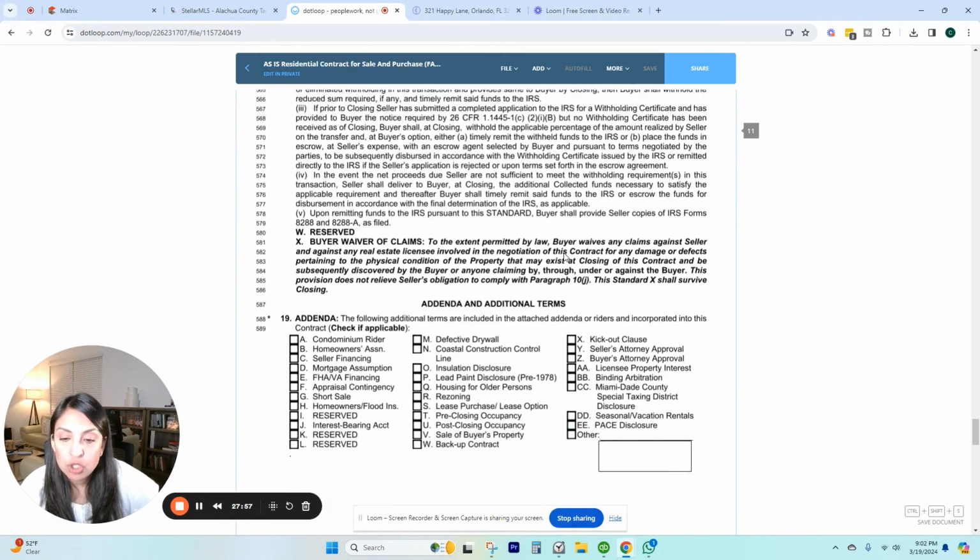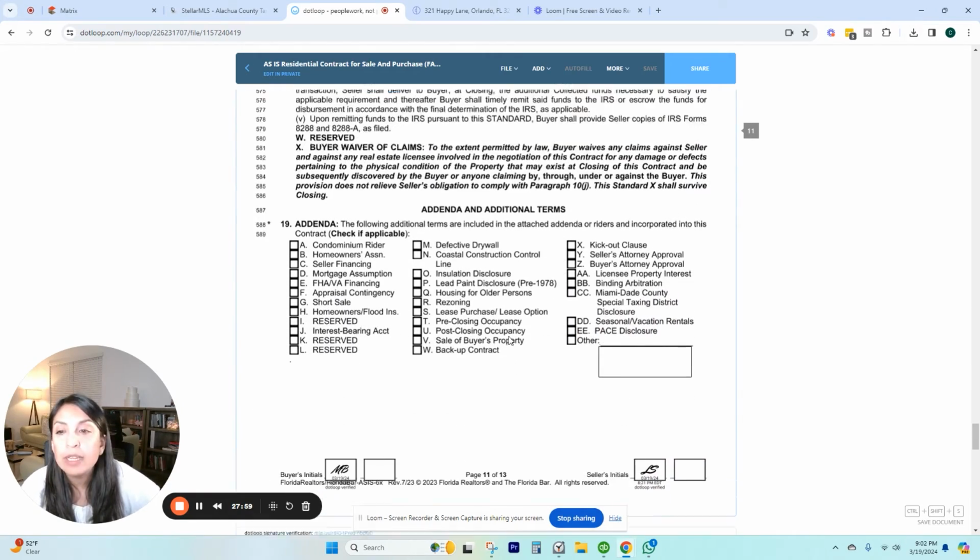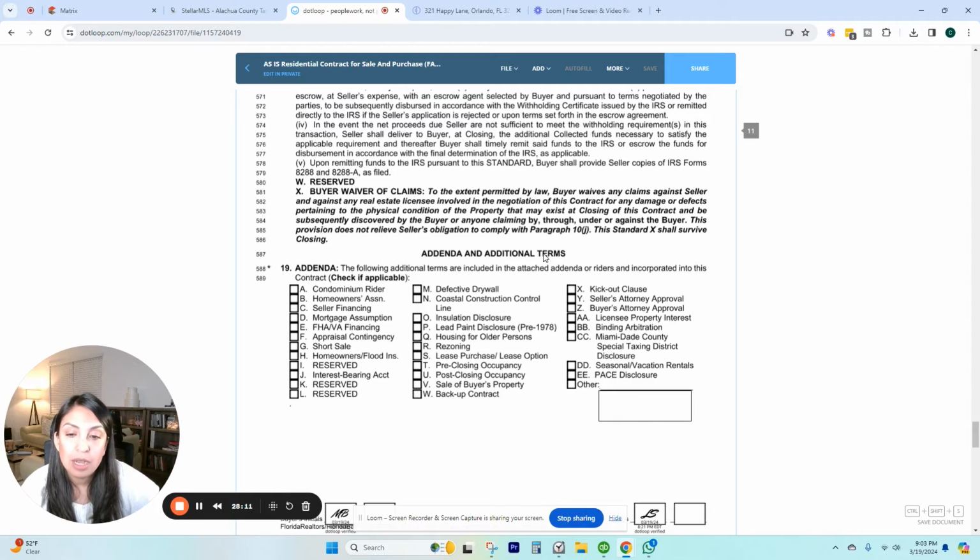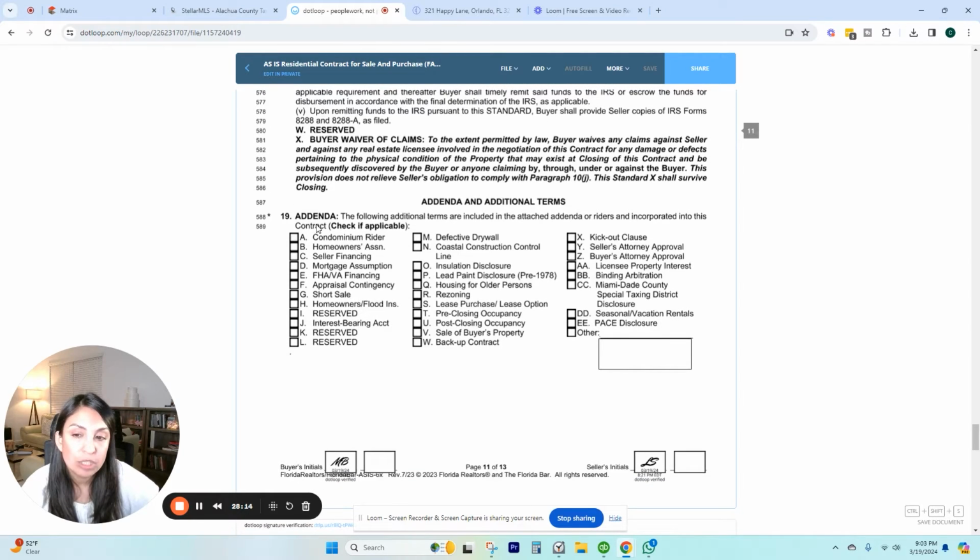Now, when it comes to page number 11, at the bottom of this page, you're going to have the additional addenda, and that includes any type of riders for disclosures and things like that. Like, for example, the HOA disclosure, or if it's a short sale, or many other riders that could be included as part of the contract. So as you can see here, there is no additional addenda that the parties have included as part of the